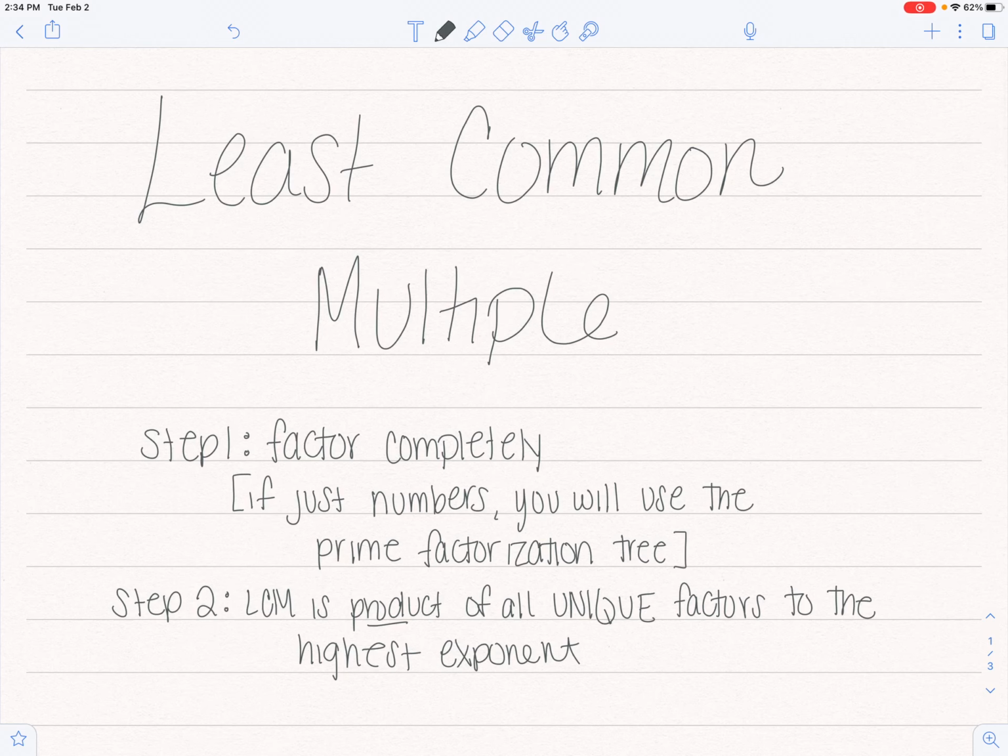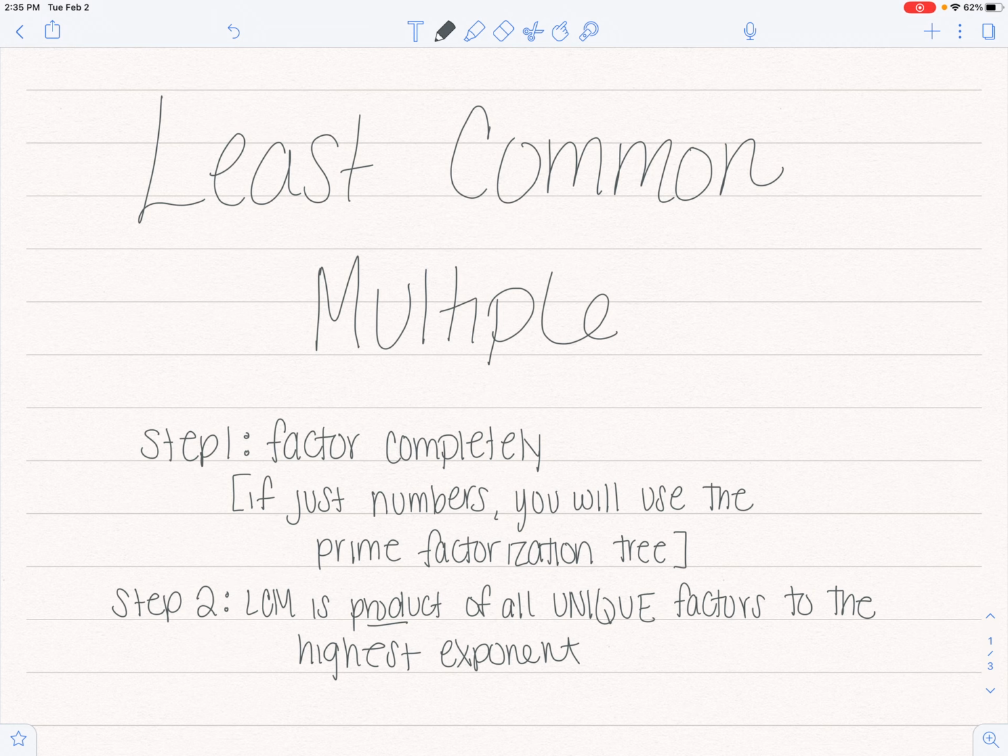Hey, so I wanted to make a quick video about the least common multiple. You'll see on the screen the two major steps for finding the LCM. You're going to factor completely. The first couple problems will just be numbers. So if it's just numbers like we see in example 1 on this video, you're going to use a prime factorization tree. Step 2 is going to be the LCM is the product of all unique factors to the highest